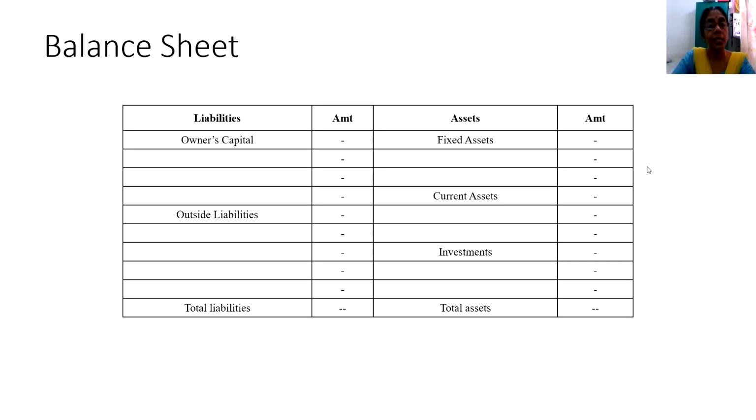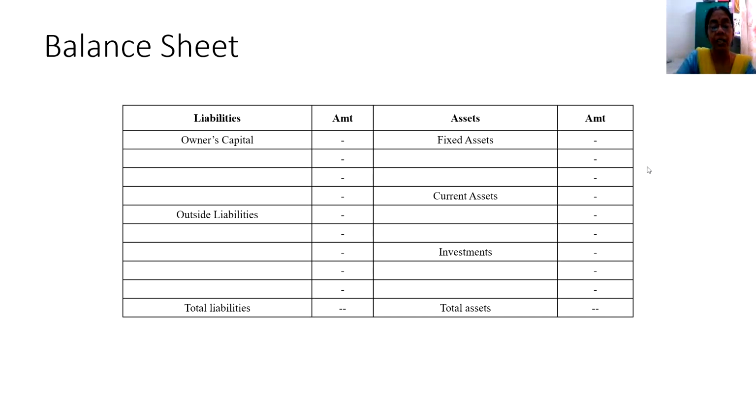Now here, what does liabilities refer to? Liabilities represent the sources of funds. So let us examine the whole statement to be a reflection of what a business activity is all about. Now to begin with the business activity, you need funds. How do you get funds? In what form do you get the funds? Through the capital. That is the money invested by the owner of the business. This is what we term owner's capital.